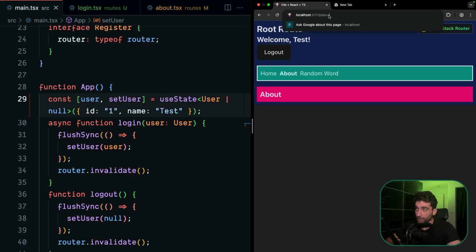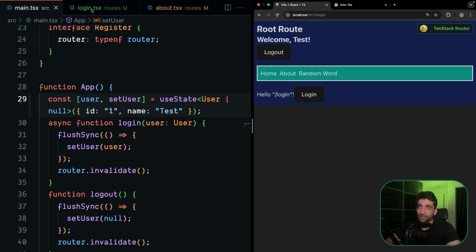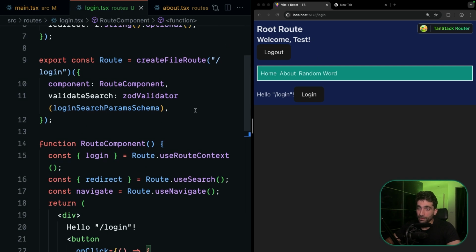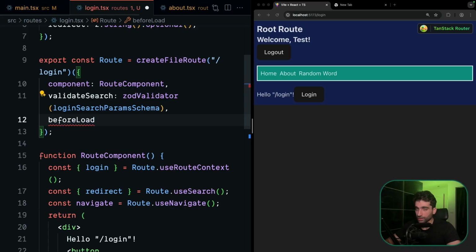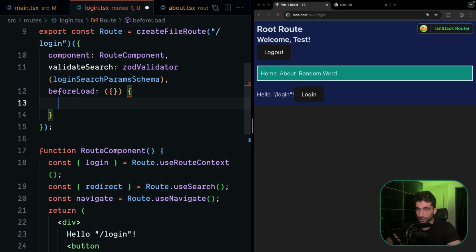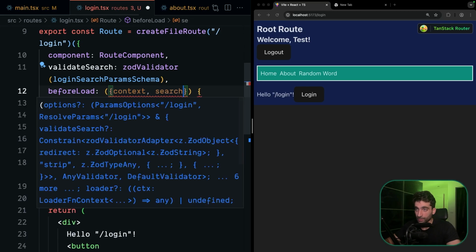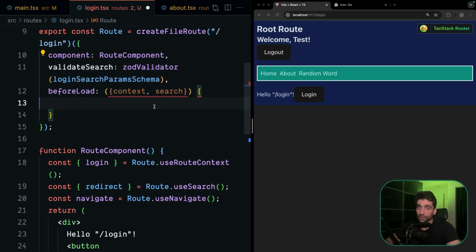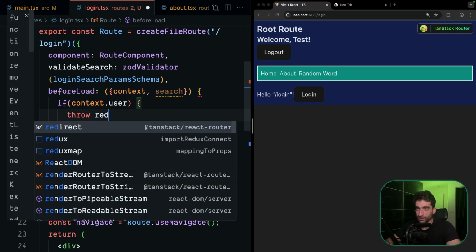The problem now is if we navigate to login, we are going to be able to navigate to login even though we are logged in. So we need in our login route as well to add a before load function and check if we are already logged in, we should not be able to see this route. So in here, we can also get access to our context. Let's also get access to our search parameter so that we can navigate to the redirect search parameter if we have it. So now we can check if context.user, if we are already logged in, let's throw a redirect and go to